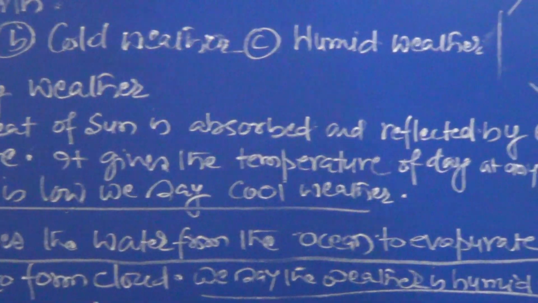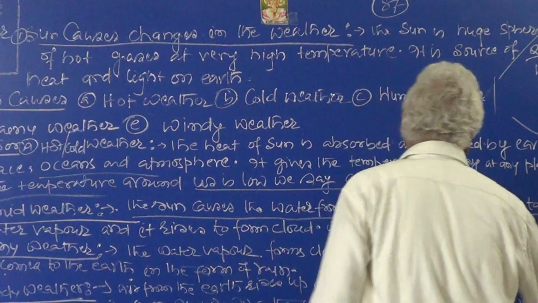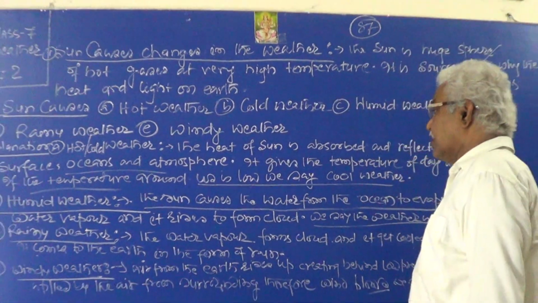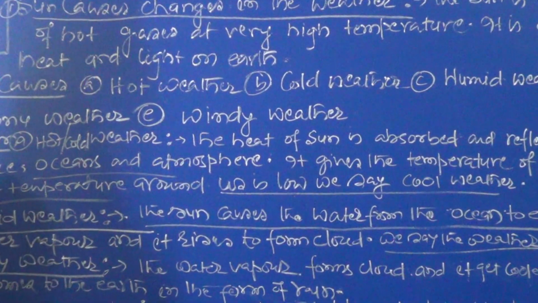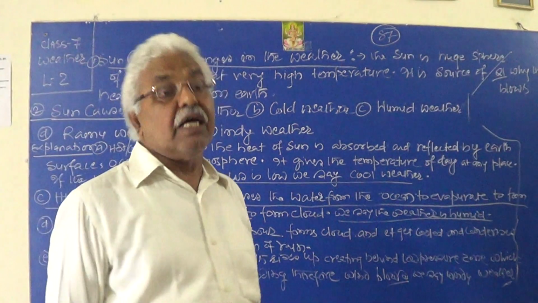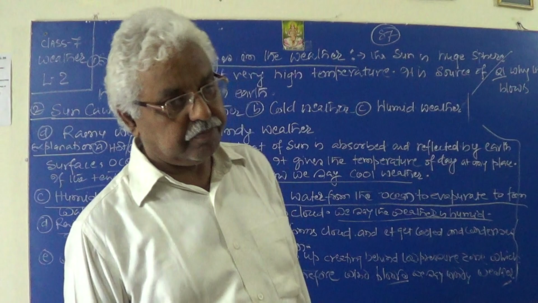The heat of the sun is absorbed or reflected by the earth's surface, ocean and atmosphere. It gives the temperature of the day at any place. If the temperature around us is low, we say that it is cool weather. If the temperature around us is higher, then we say that it is hot weather. ठीक है बच्चों,